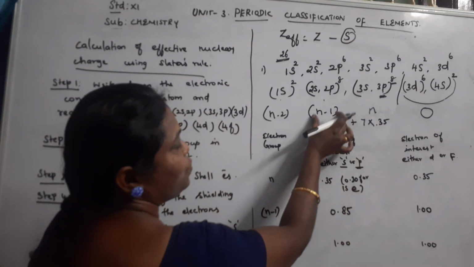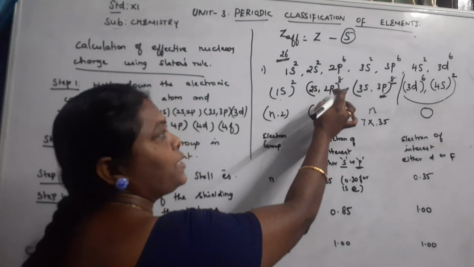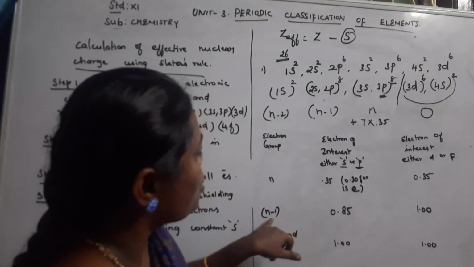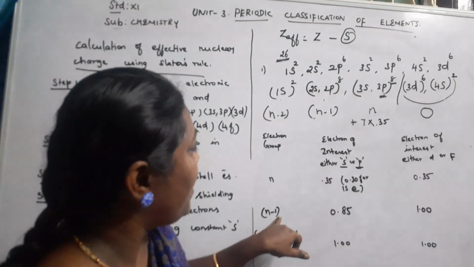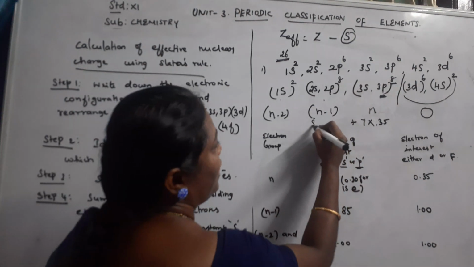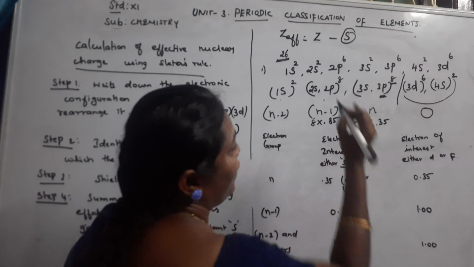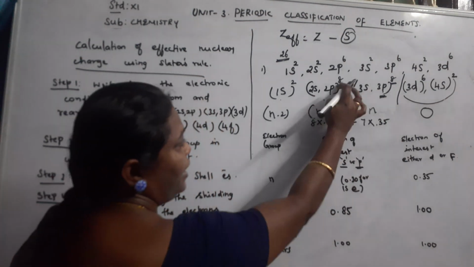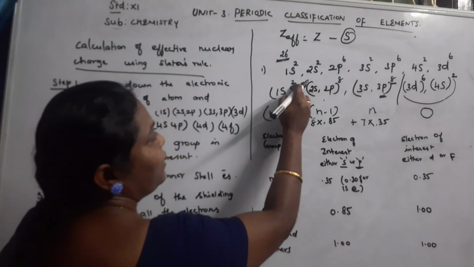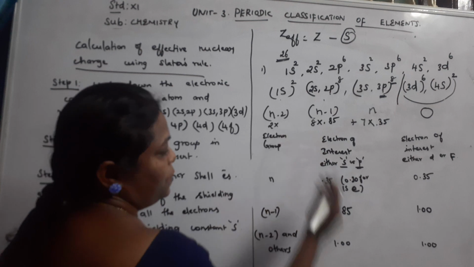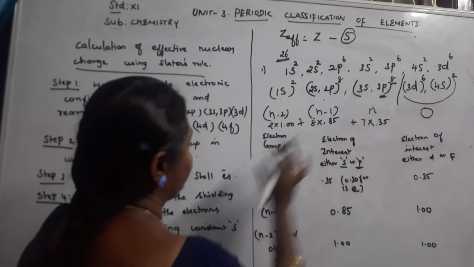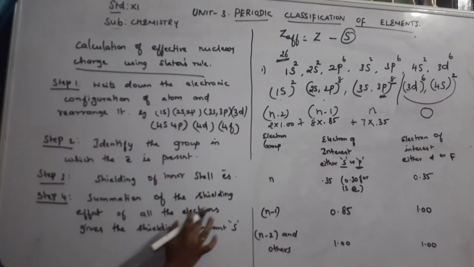So this is the n minus 1 shell, which contains 2s and 2p orbitals. Here it contains 8 electrons. The shielding effect per unit charge of electrons present in the n minus 1 shell is multiplied by 0.85. Totally there are 8 electrons here, so 8 into 0.85. Have you all understood clearly? 8 into 0.85. Then the remaining shells, below n minus 1. How many electrons are here? 2. 2 into 1.00.